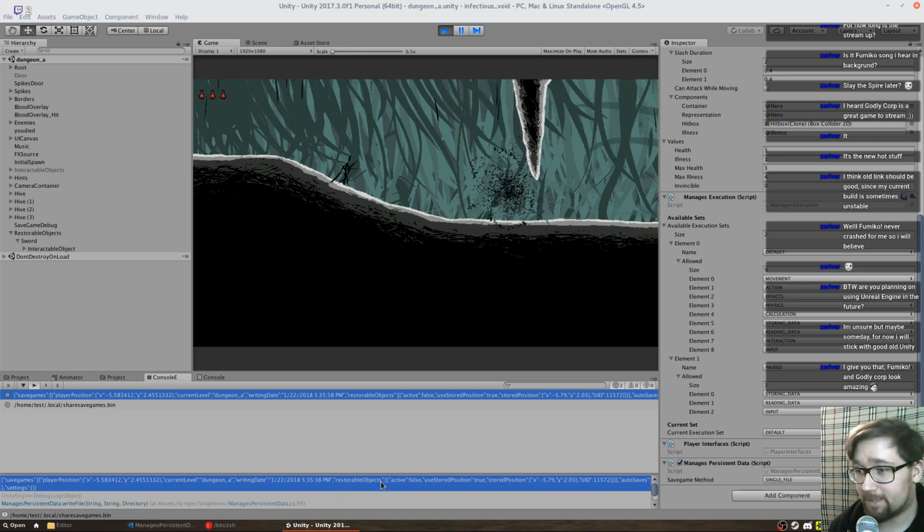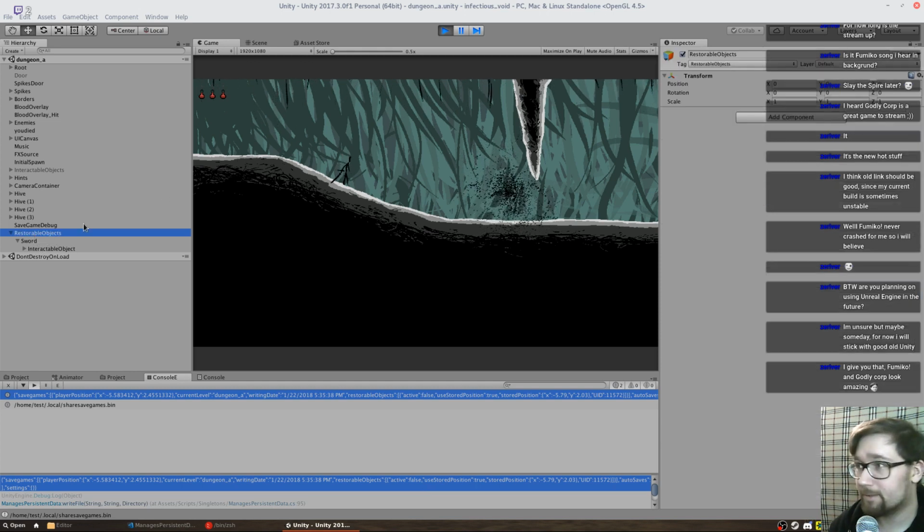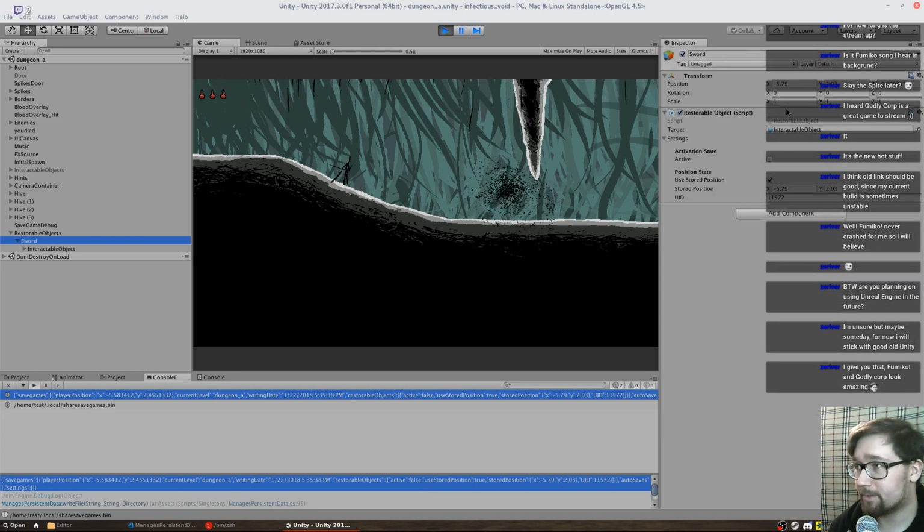And we have a list of restorable objects, which are these little things here. Our sword is currently the only restorable object, and it has a stored position, which is the same position that we are seeing here, and it has a unique ID, and our autosave list is empty,